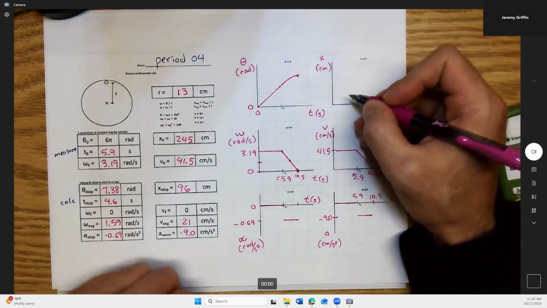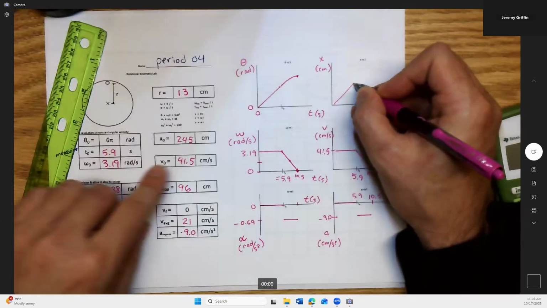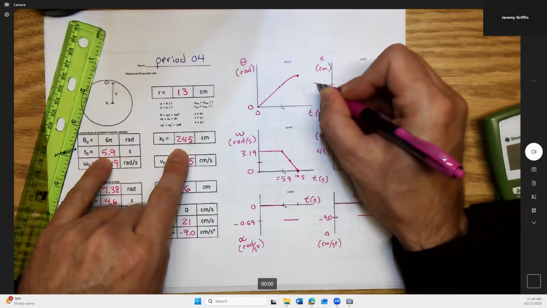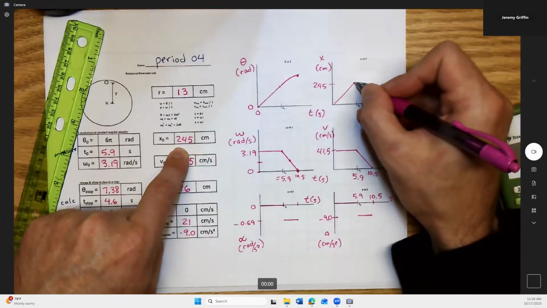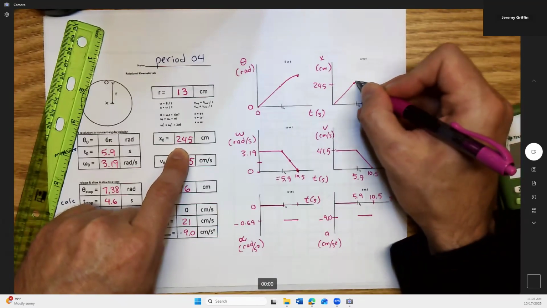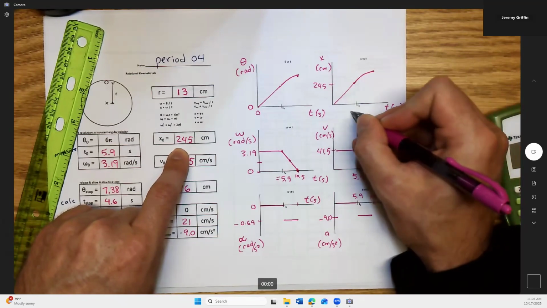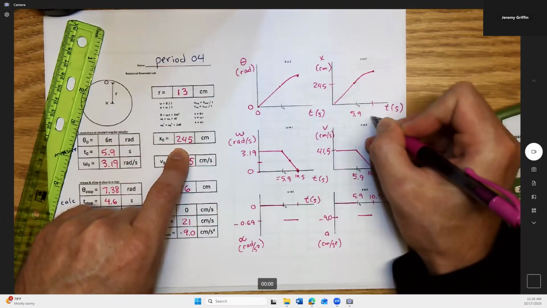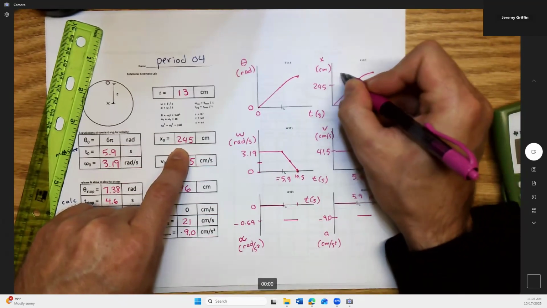Right here. Okay, so I think it's going to look like this. Okay. Now that goes up to 245 centimeters right there. Then I take my hand off and it's still rotating forwards, just slower. And right, let's just stop. 5.9 seconds. This is 10.5 seconds. Okay, and it stops finally at